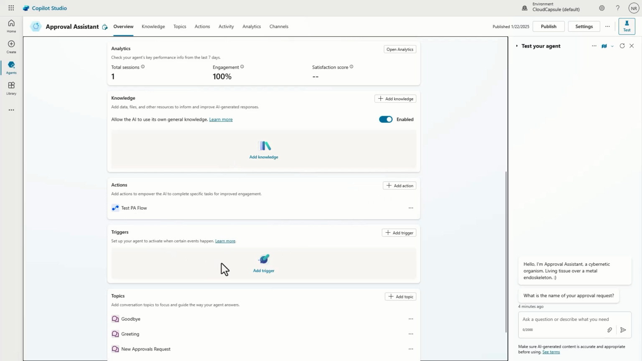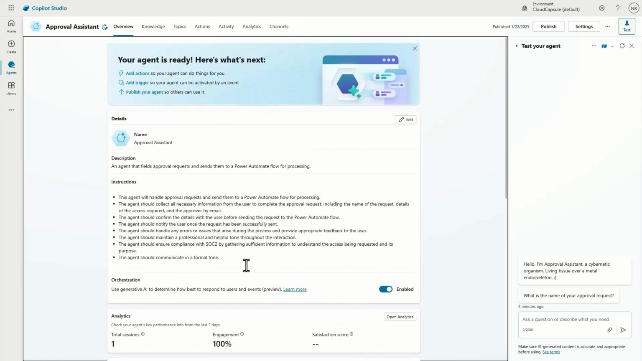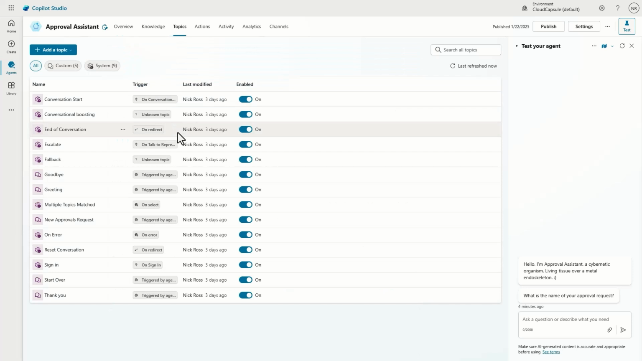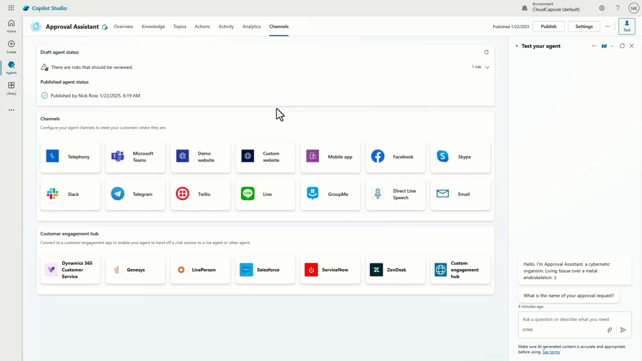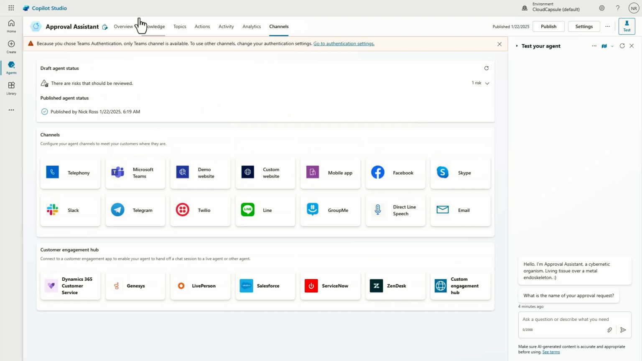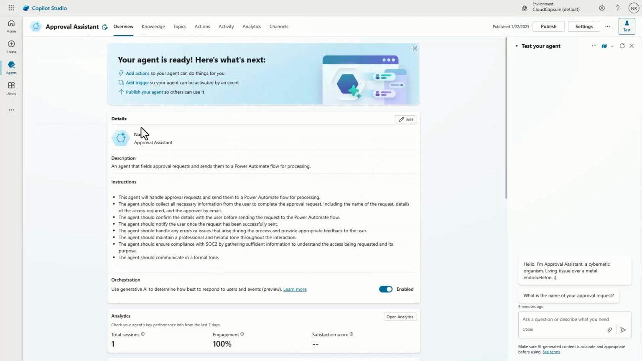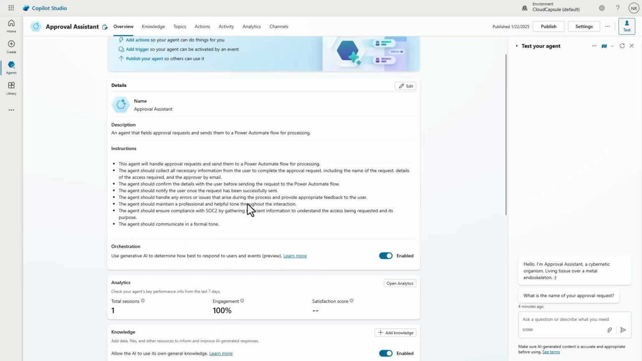We don't have necessarily any triggers. The triggers are actually going to come through the topics. So mostly with this agent, I want to show you how to modify topics to take in requests. And then I want to show you the Power Automate connection, as well as how you can publish this into Microsoft Teams. So within here, this agent is really going to take in those requests and chat with